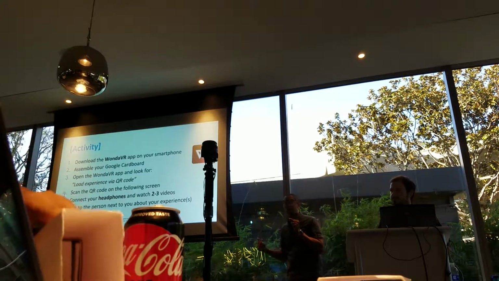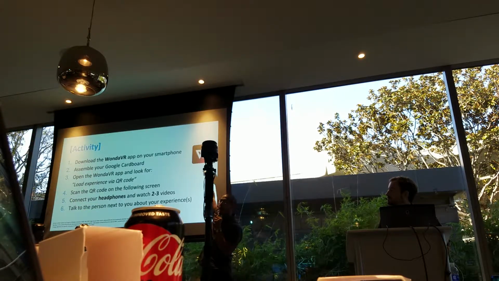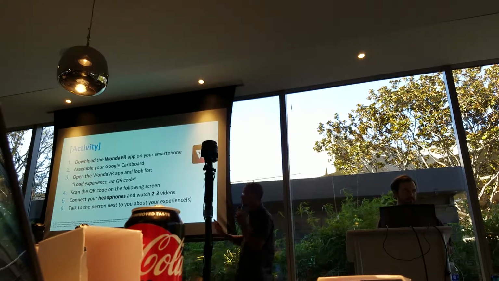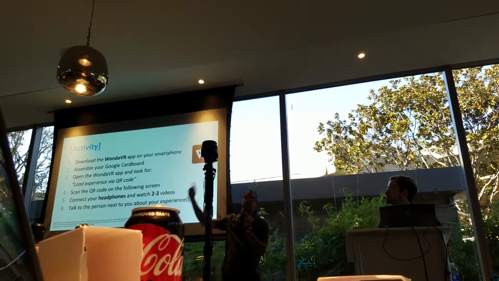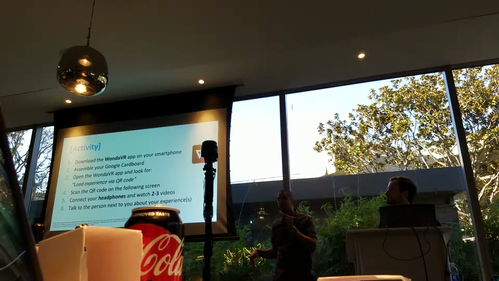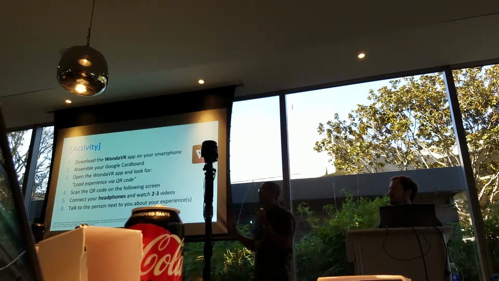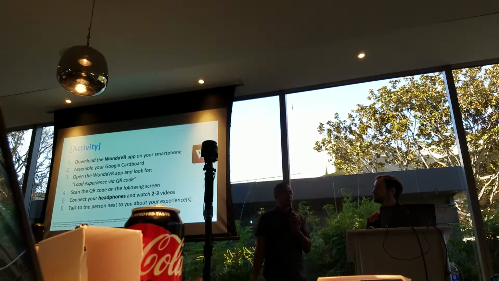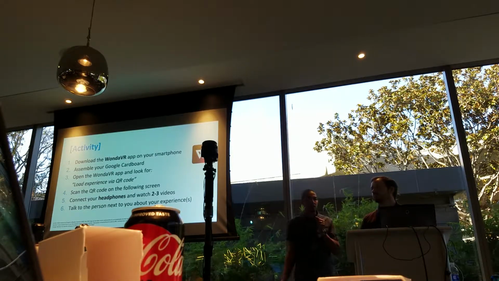Once you get that, make sure you download this app. The icon should look exactly like that. There might be one slightly different app called Lab or something. Don't download that. Download the one that looks like this. Once it's downloading, go ahead and install it, set it up. Get your Google Cardboard assembled and ready to go. Make sure your phone fits inside of your cardboard.